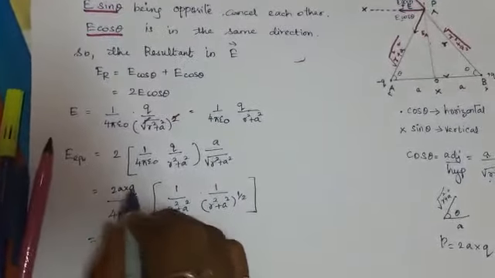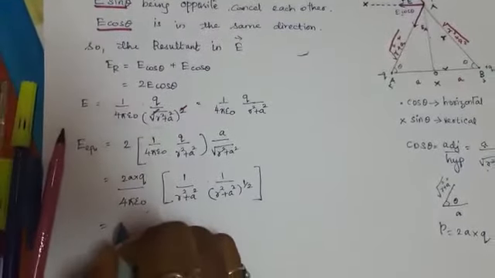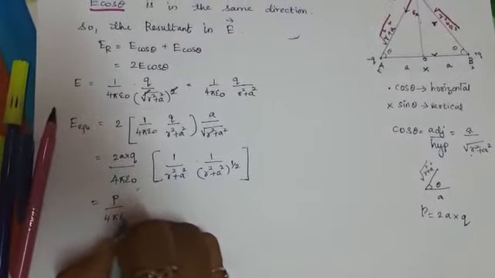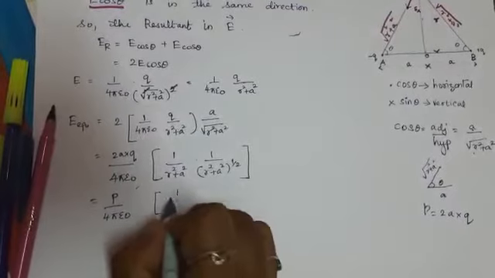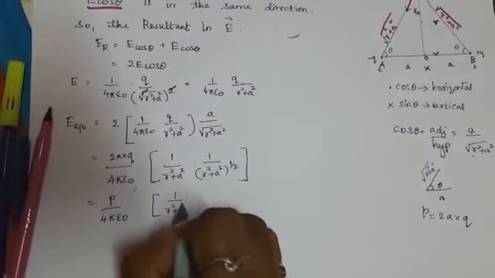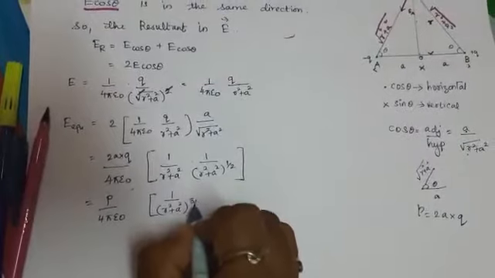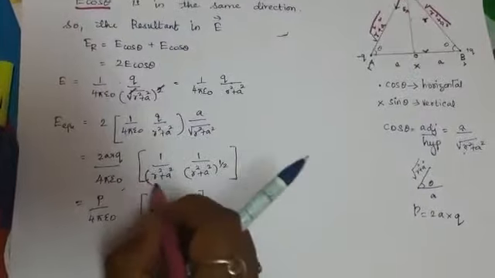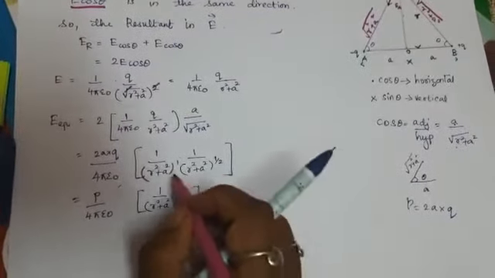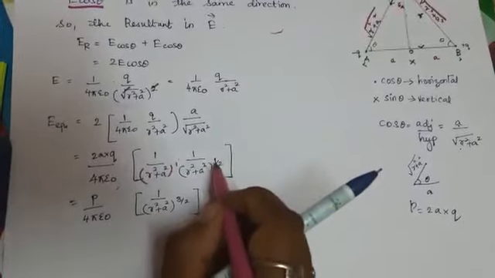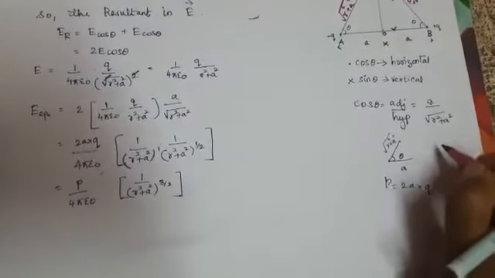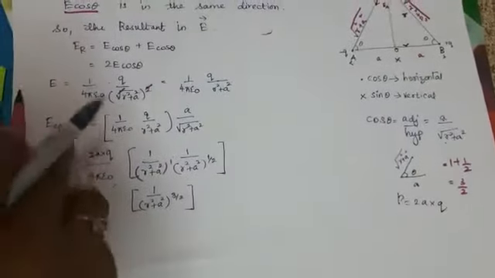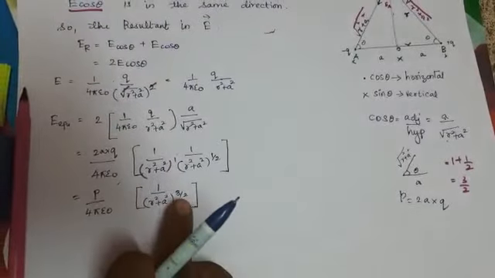Now what is this 2a into q? That is the dipole moment, the symbol P represents, divided by 4 pi epsilon naught into 1 by r square plus a square. I am going to take this as power 3 by 2. Why suddenly did we get 3 by 2 here? Because if nothing is written, the power means 1. And do the LCM for this: 1 plus 1 by 2 will become 3 by 2 if you take LCM. So I took this 1 plus 1 by 2 as 3 by 2 here directly.